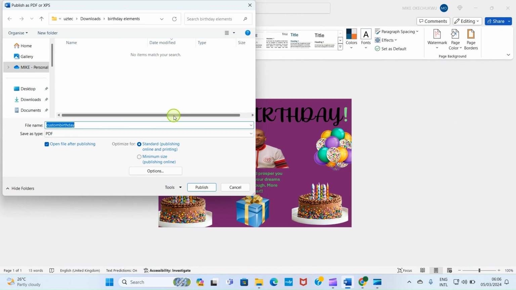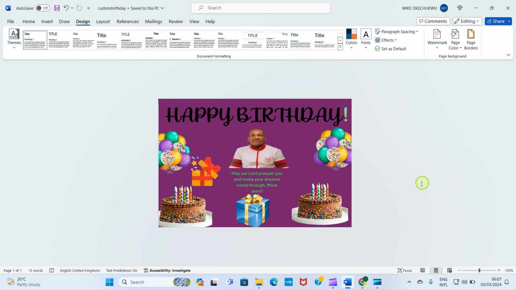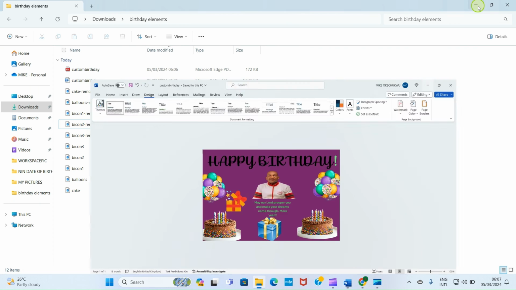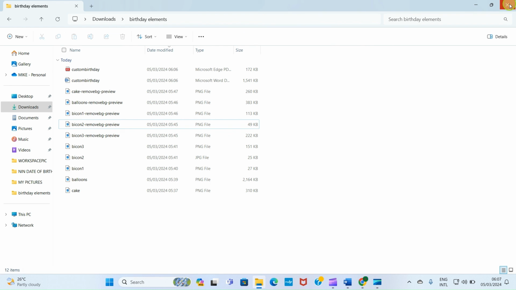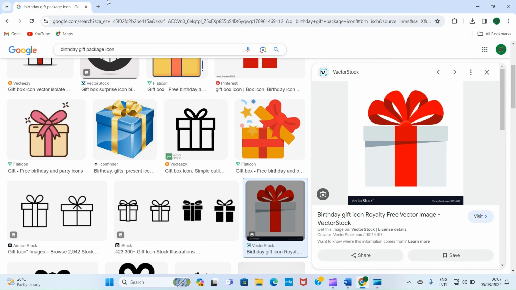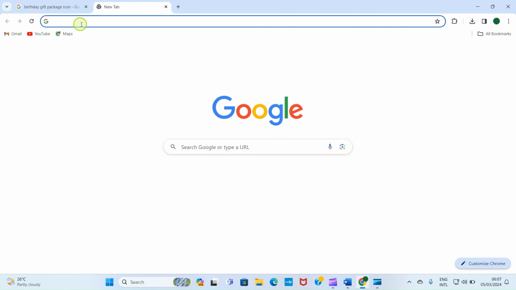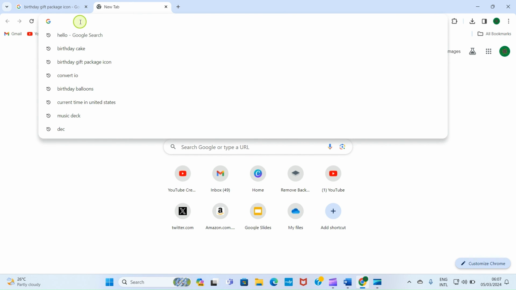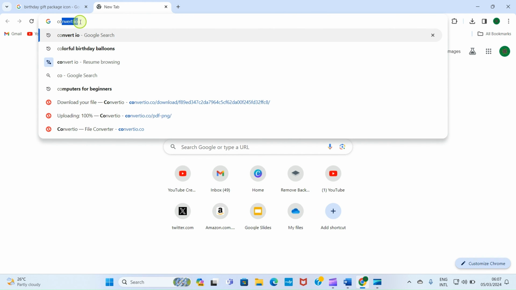So we are exporting in PDF. All right. So it has selected the folder automatically because we saved the doc format there. So click on publish. I prefer we convert this to PNG. The former one we did from templates, we converted to JPEG. But PNG is better to give you more brighter design. Okay. More brighter outcomes. So let's open our browser, then open new tab, and then go to convert IO,